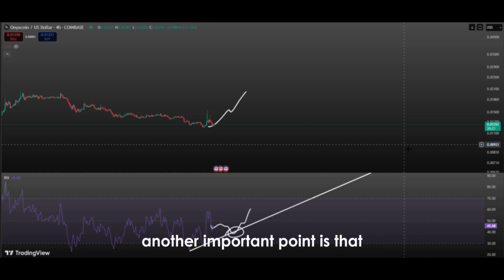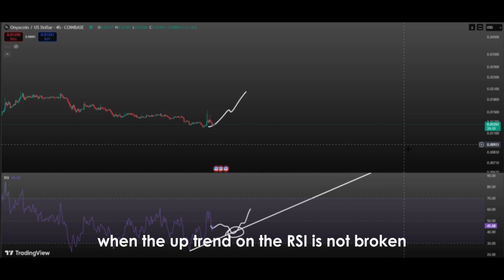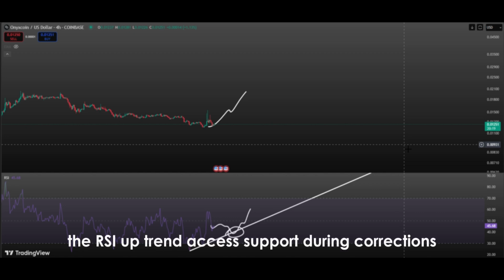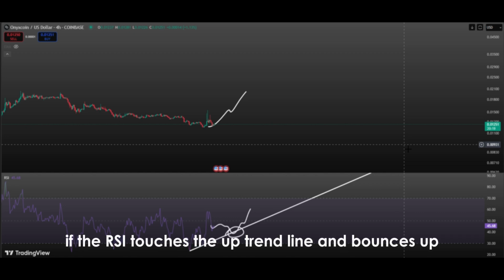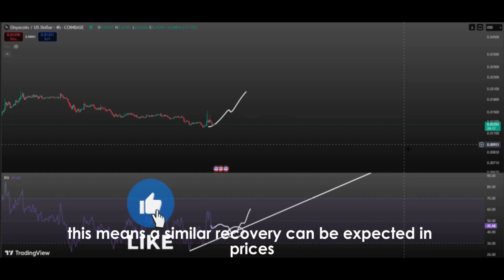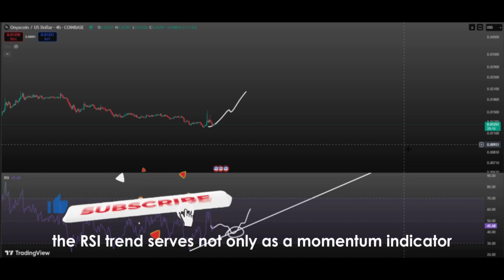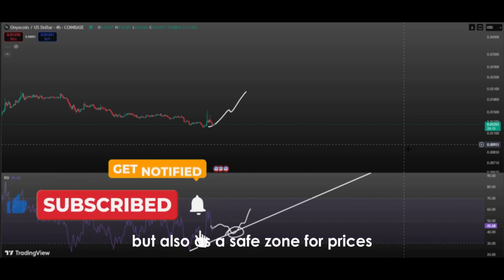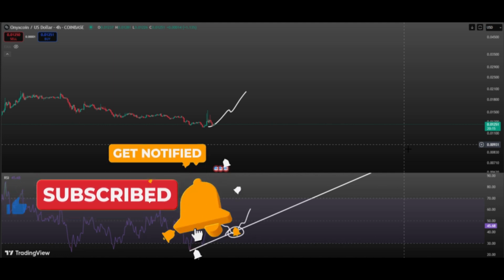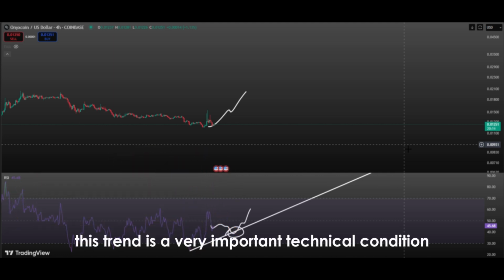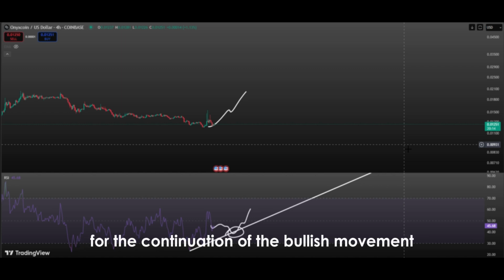Another important point is that when the uptrend on the RSI is not broken, it creates confidence zones for investors during possible corrections in the price. The RSI uptrend acts as support during corrections. If the RSI touches the uptrend line and bounces upward from there, this means a similar recovery can be expected in prices as well. Therefore, the RSI trend serves not only as a momentum indicator, but also as a safe zone for prices. For this reason, maintaining this trend is a very important technical condition for the continuation of the